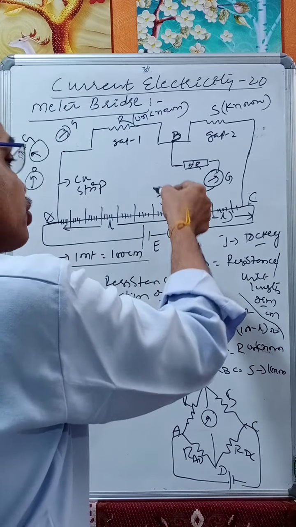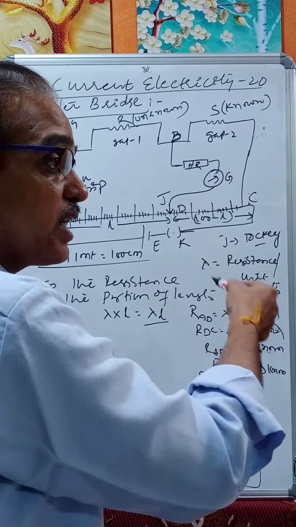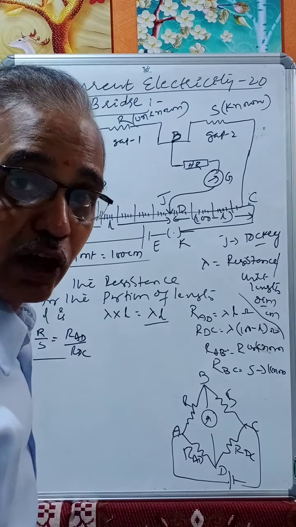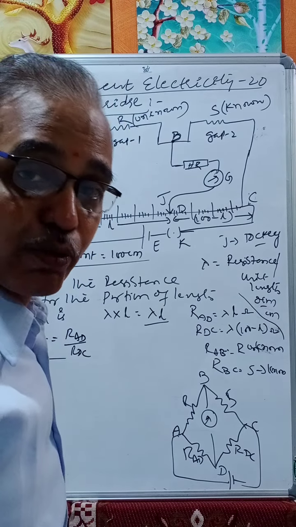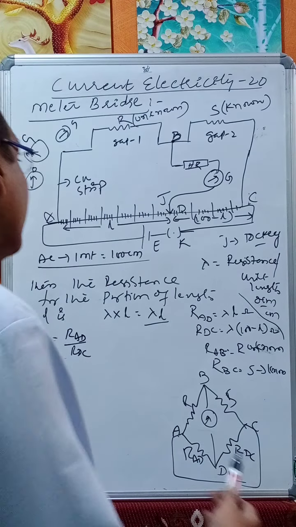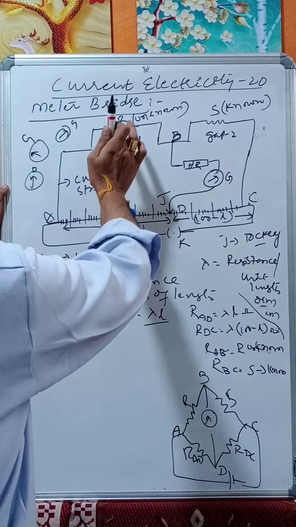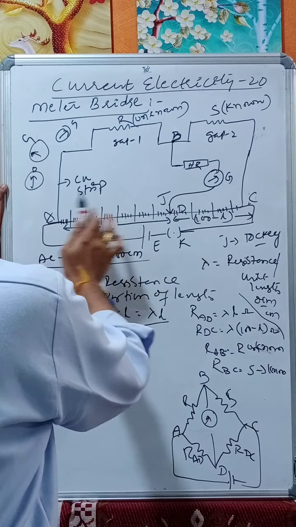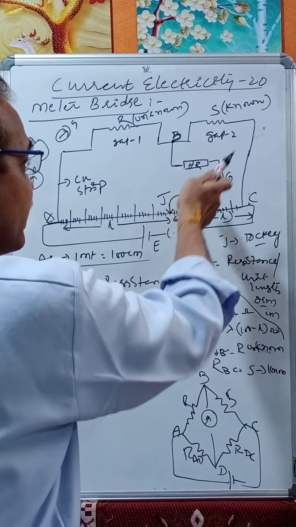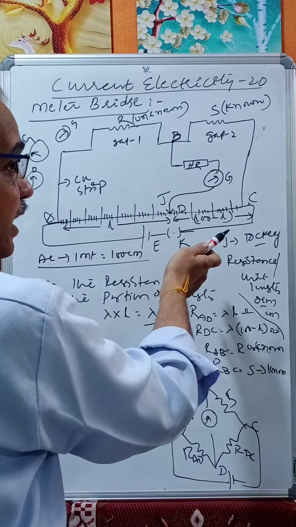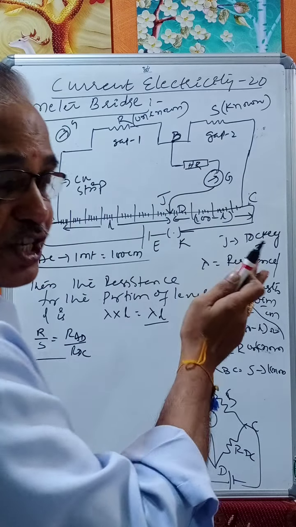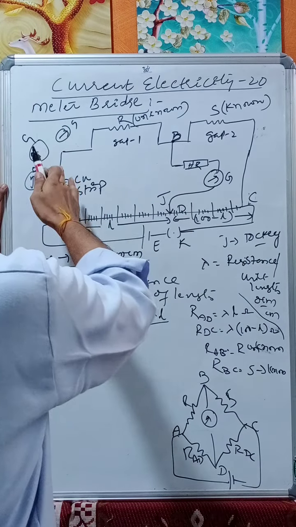Where the galvanometer shows zero deflection, that indicates that the current is zero. Therefore the bridge is balanced. When the current through the galvanometer is zero, the bridge is said to be balanced. Now after adjusting this, place an unknown resistance and a known resistance, and connect the circuit with the jockey, galvanometer, high resistance, battery, and key. Now run the jockey from A to C.